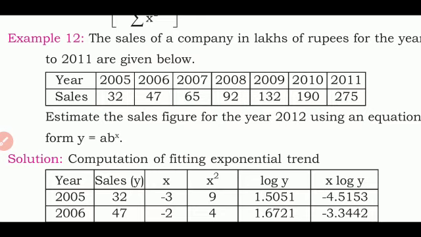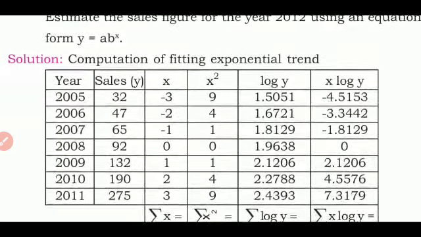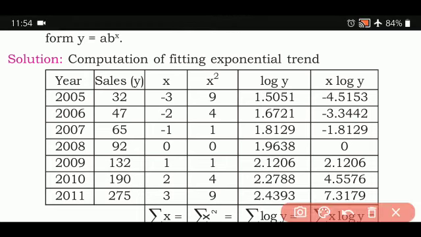Now let us see. Students, remember the normal equations are the ones which will tell you what columns you are going to make. So first we are going to write what columns we need here. Our year, the sales, and our x, our new x time period. Now let us see what this is: 2005, 1, 2, 3, 4, 5, 6 and 7.